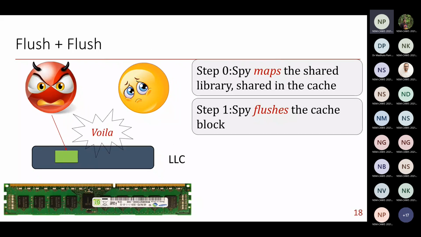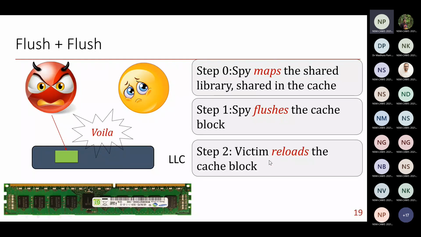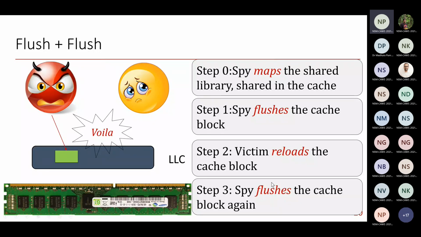Okay. There is a variation of this flush-based attack, which is called Flush+Flush, where everything remains the same. First the attacker flushes and the victim reloads, but finally the spy flushes again. Instead of trying to access the address again, it flushes that address again. That means it uses a CLFLUSH in step 1, it also uses a CLFLUSH in step 3, and observes the timing difference. But in this case, the subtle issue is if you get a hit in the cache, that means it will take more time,